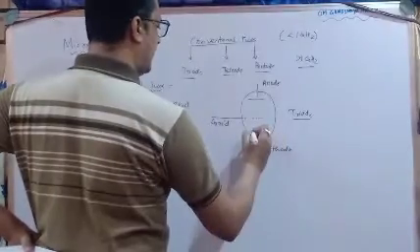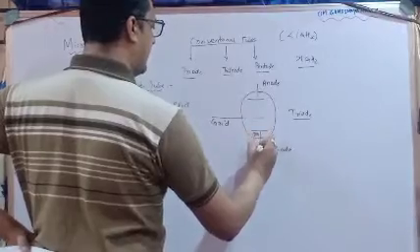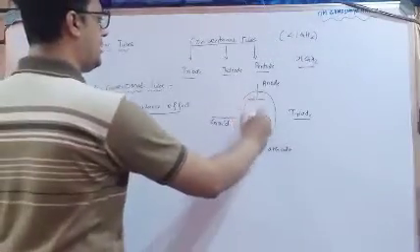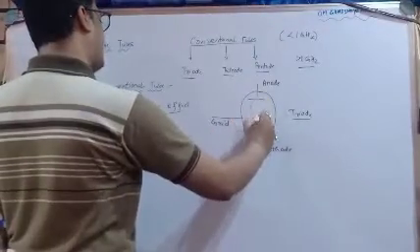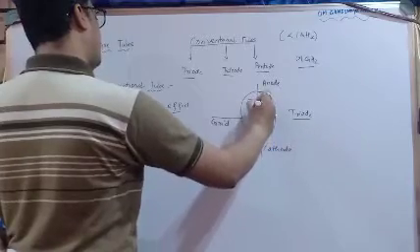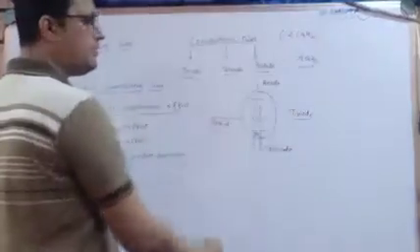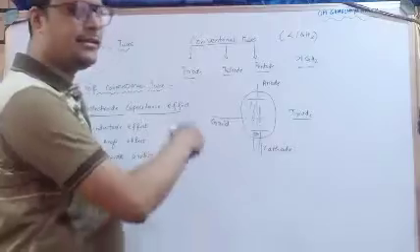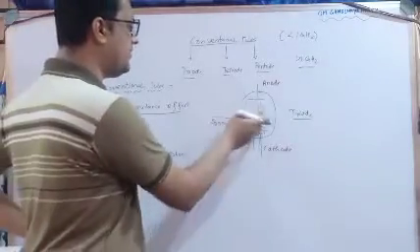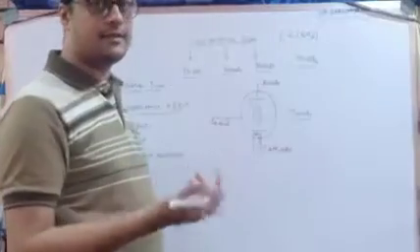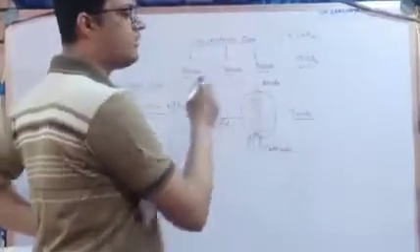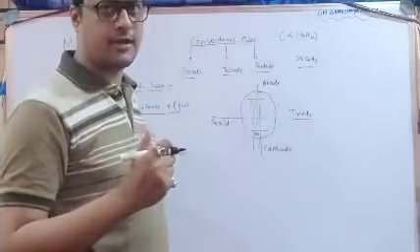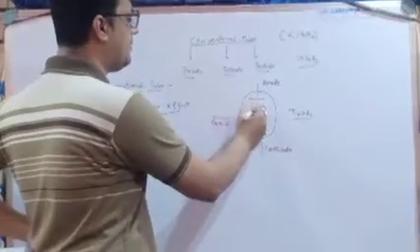Now the working principle here: we have a tungsten element which is highly negatively charged, due to which the electrons will be projected towards the anode. If there is no grid, the electrons will move at their own velocity. But if there is a grid, an external potential is provided to this part, which will energize it. That potential will convert into velocity, and if you change the characteristics of one signal, it is called modulation. So here we are changing the velocity of electrons.